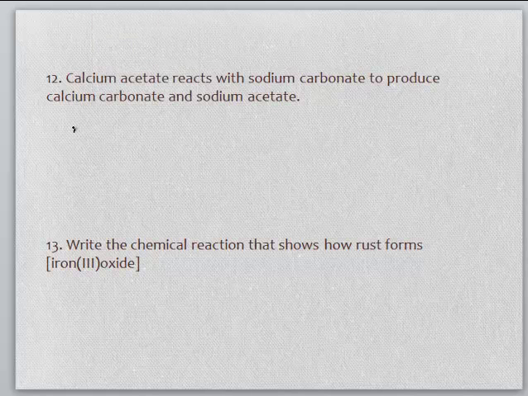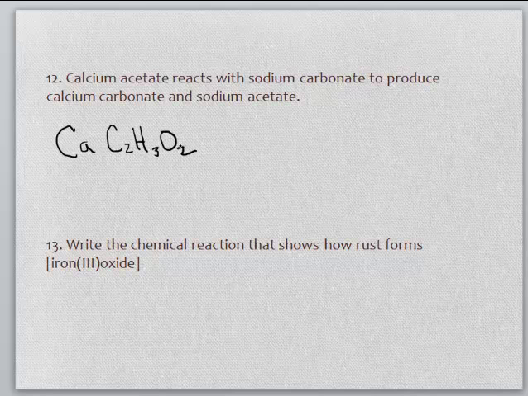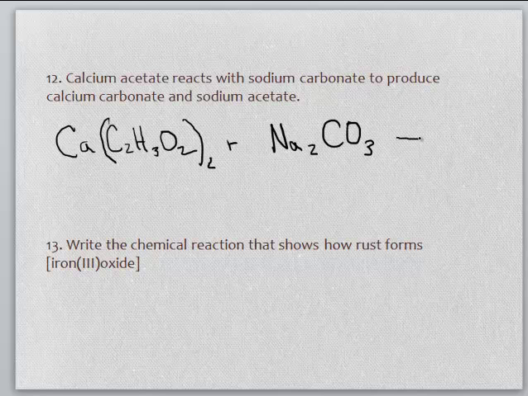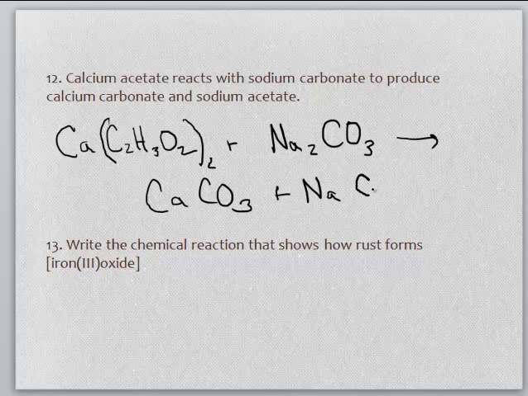Calcium acetate. We've got calcium. The polyatomic acetate is C2H3O2, and since we're going to have to put a subscript behind it because calcium is 2+, that 2 has to go behind the parentheses. It's reacting with sodium carbonate, Na2CO3, and it's going to produce calcium carbonate. Remember, carbonate is 2-, calcium 2+, and it's going to form sodium acetate,